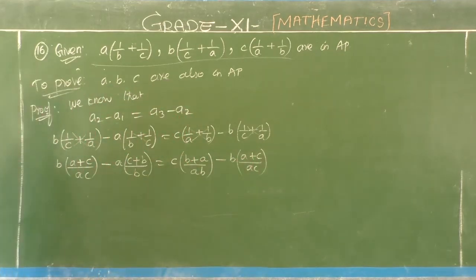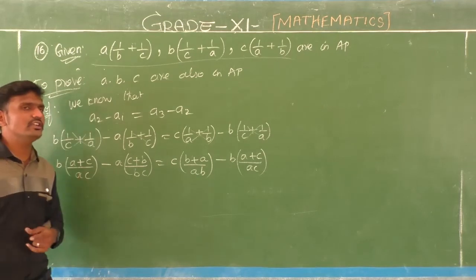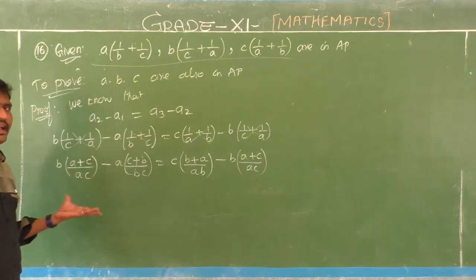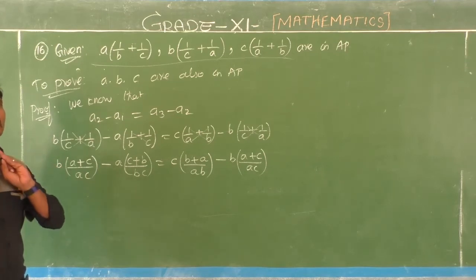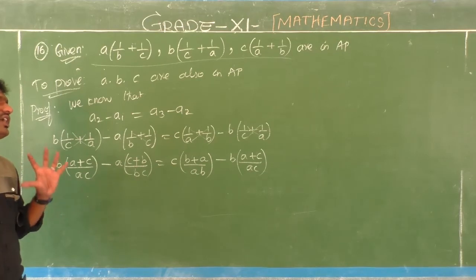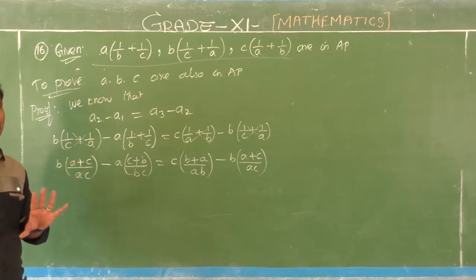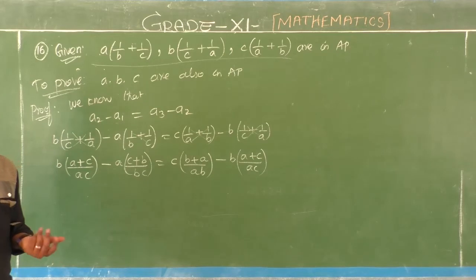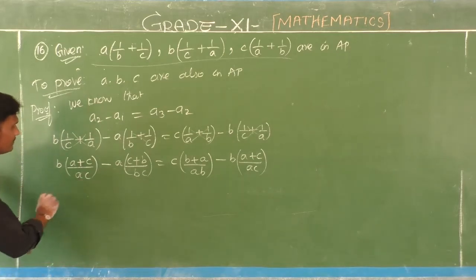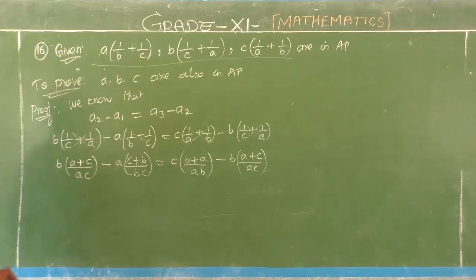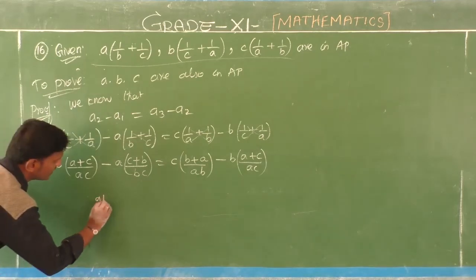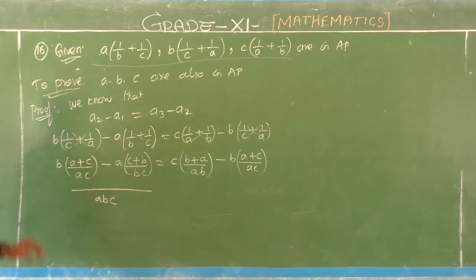Yes students, see, you have two terms on the left side and two terms on the right side. When we are going to simplify that, before that we should do one thing, that is do the cross multiplication or otherwise the LCM. Cross multiplication means we are taking some bigger terms, so the simple method is to take the LCM. Yes students, see, you have a first term with denominator AC, and the second term with denominator BC. Now what is your LCM? ABC. So the LCM of the left side is ABC.